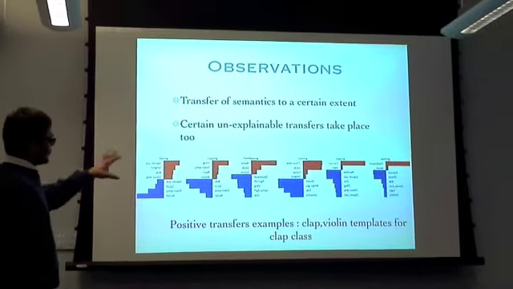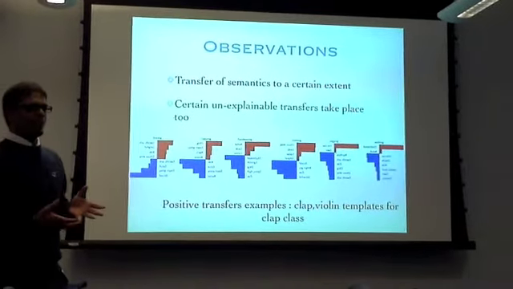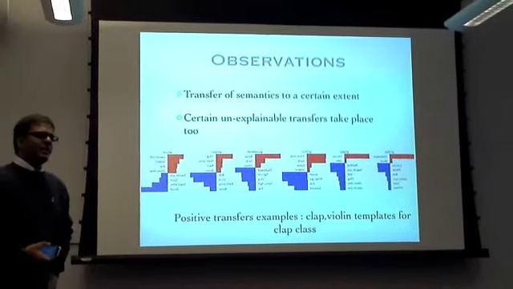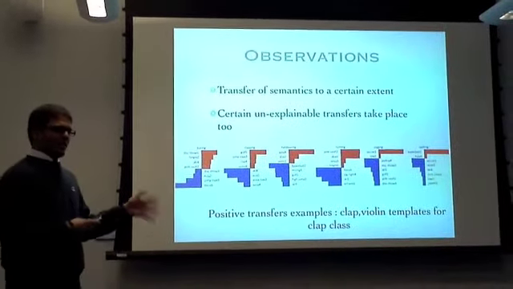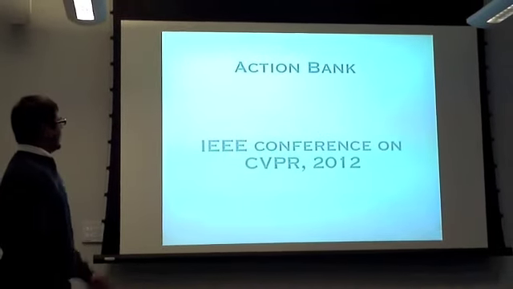But there are also a few semantic transfers that have occurred which we don't really have an explanation for, and I guess some of our future experiments might try to justify that kind of classification. So yeah, this paper